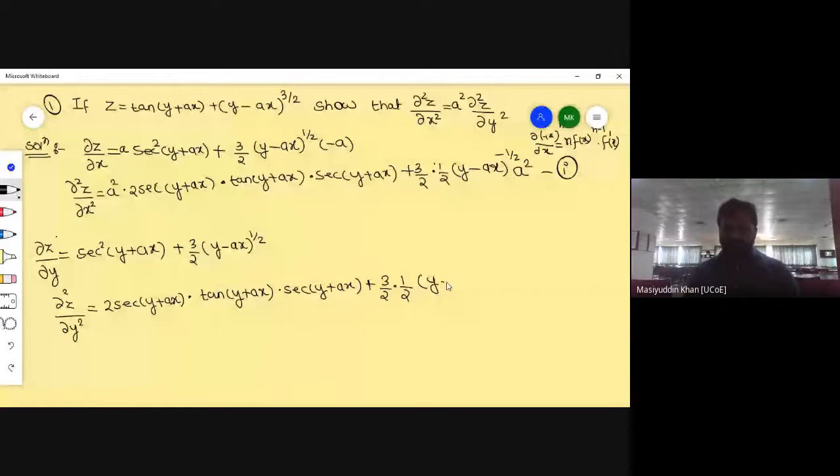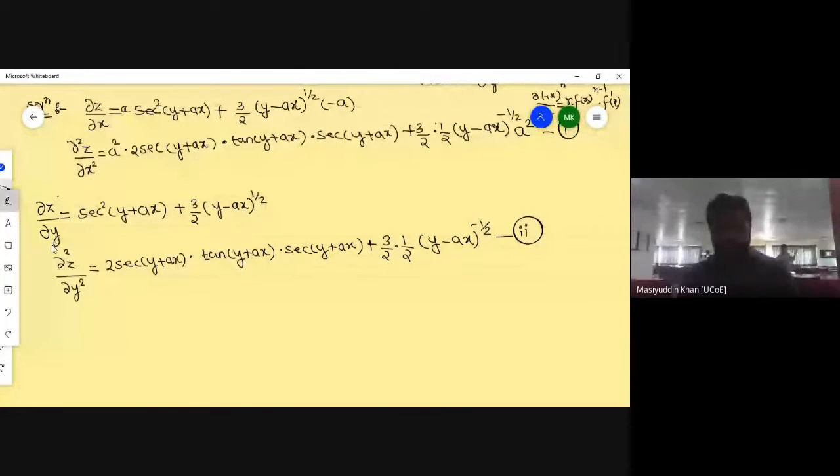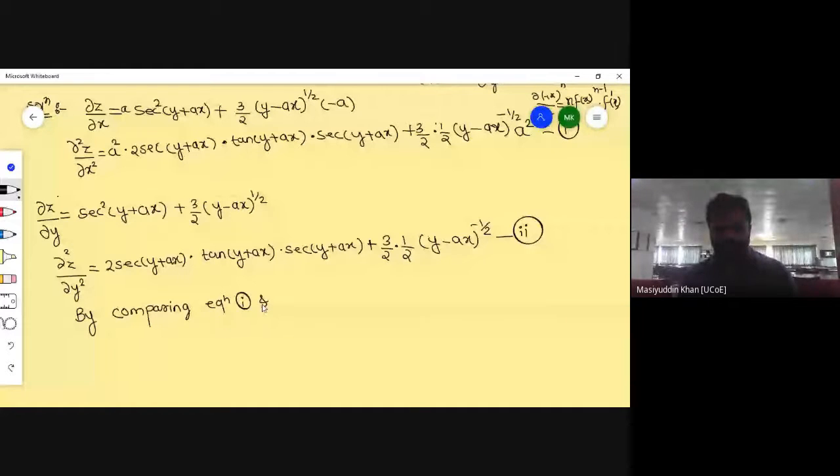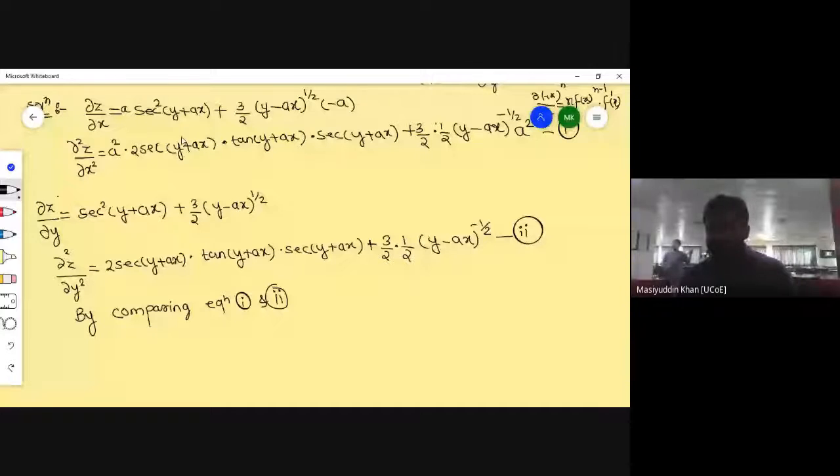Now you can just see this part. This is equation number 2. If I compare equation 1 and equation 2, you will understand by comparing equations 1 and 2, you can just see that अगर यहाँ पे a square से multiply हो जाए, so you will get the same equation. Therefore we can write that,